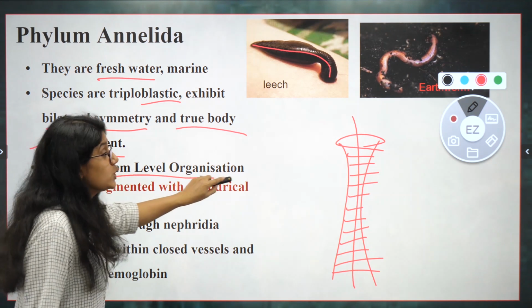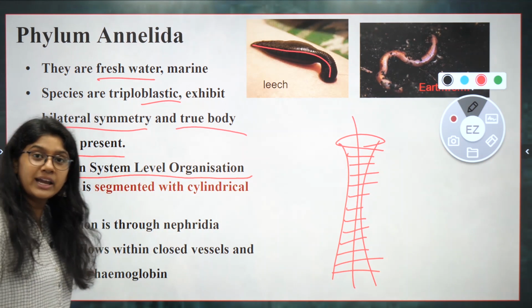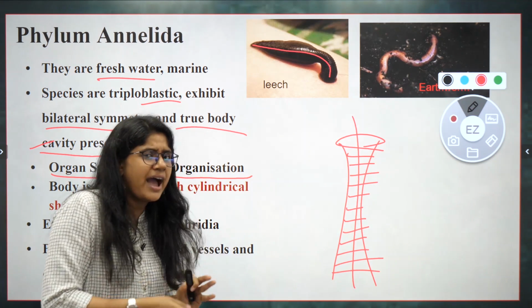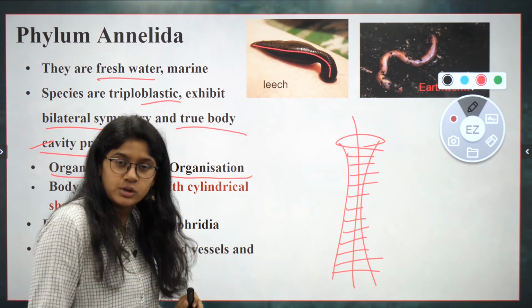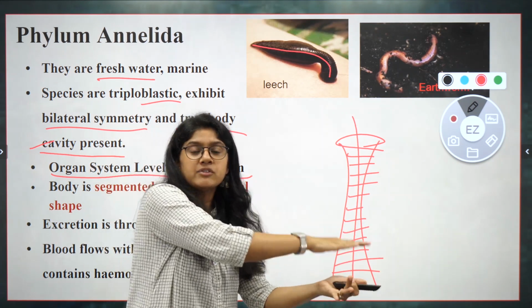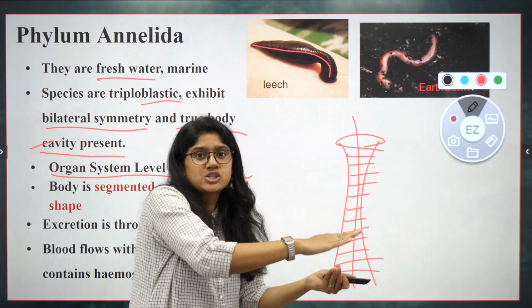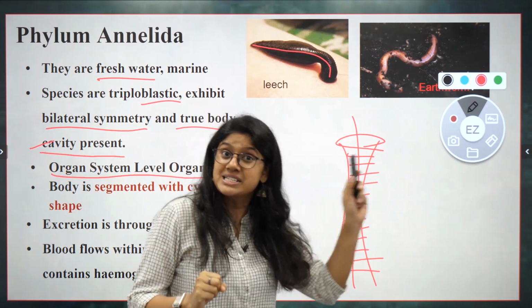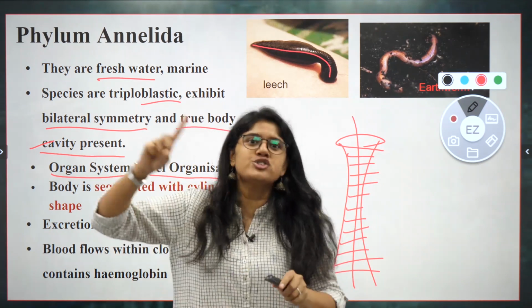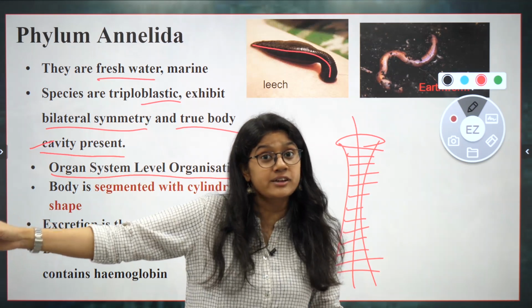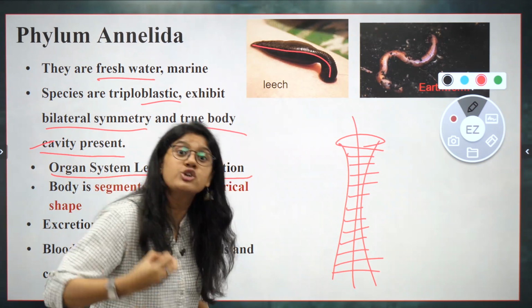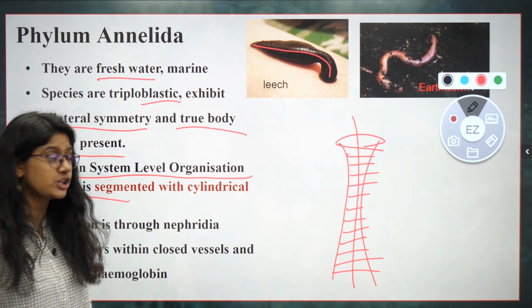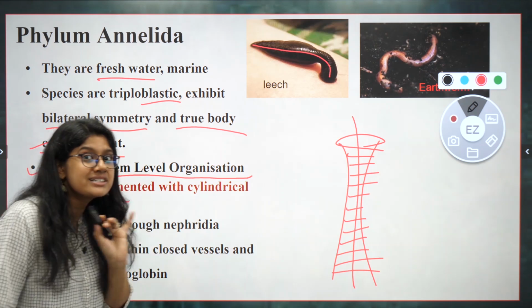Organ system level also increases over here. Now from tissues, we'll be able to see the formation of organs, and organ systems are also being formed. So this is evolution. We started with the Porifera, which does not have anything, and slowly as we are moving, we're seeing that now from cells to tissues and now the organ and the organ system, right? So this is the evolution that we are studying basically.